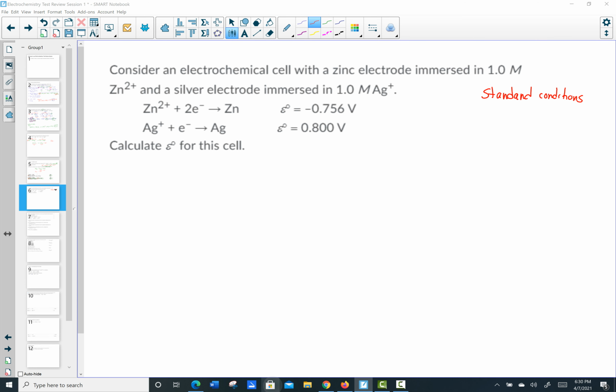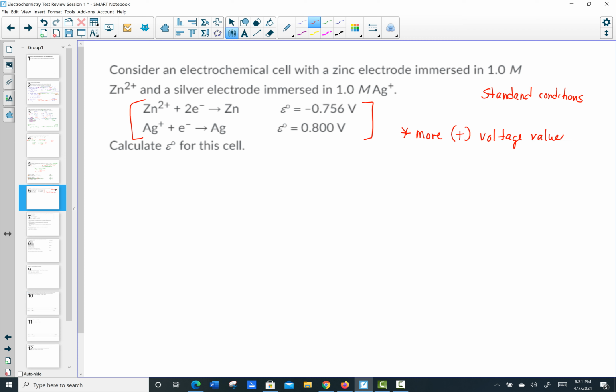Well, remember that the voltage is always given to me as a reduction in the standard reduction table. So notice that the zinc and the silver are both written as reduction half reactions, although we realize that one will have to be oxidized and the other will have to be reduced. How do we know by looking at these two voltages which would be the reduction half reaction and which is the oxidation half reaction? And just remind yourself of the note we made during our lessons that the more positive voltage value